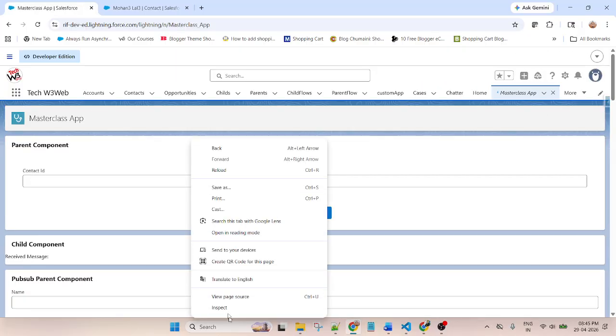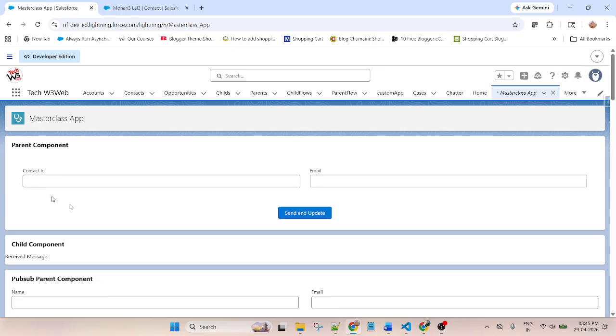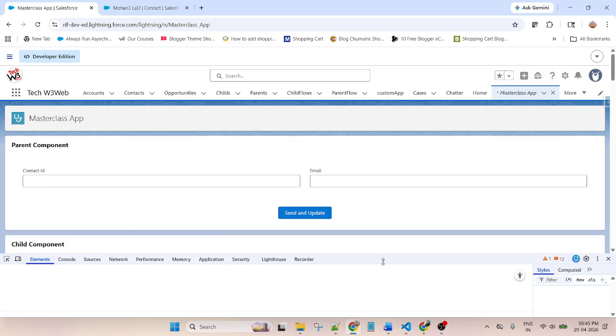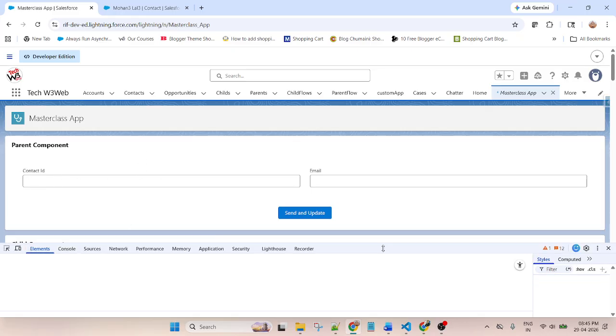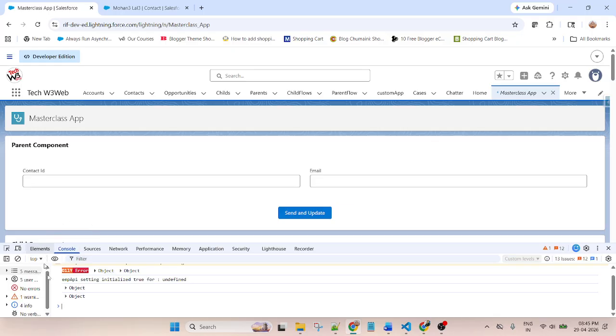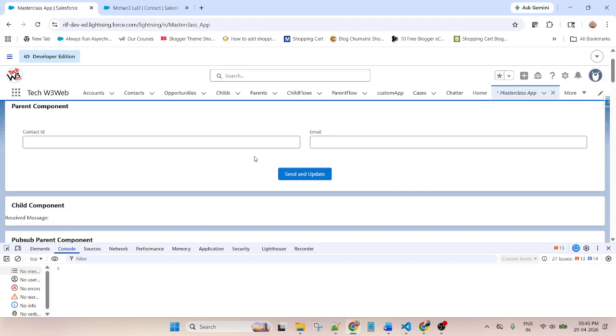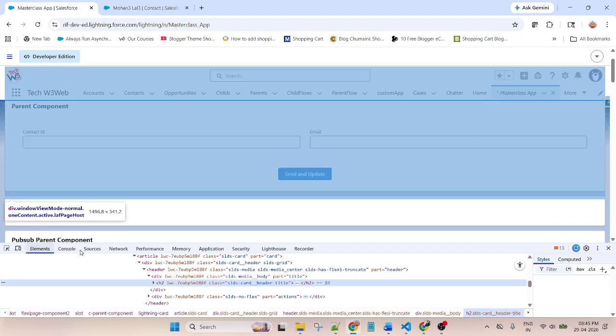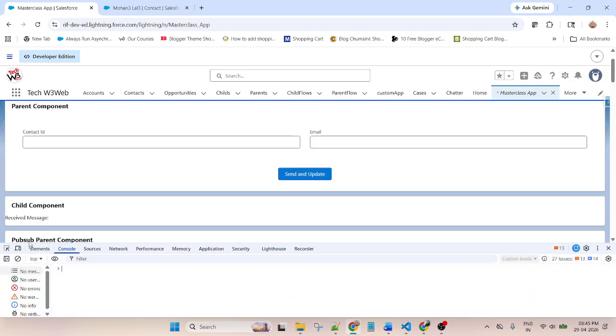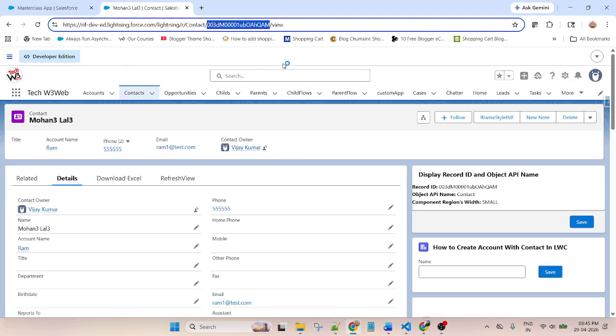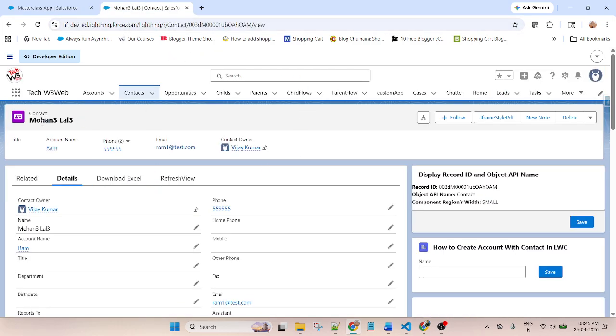Now open inspect. I want to check the value that I am passing. Clear all of the console first. Let me open one of the record IDs. This is a contact, this is an ID.